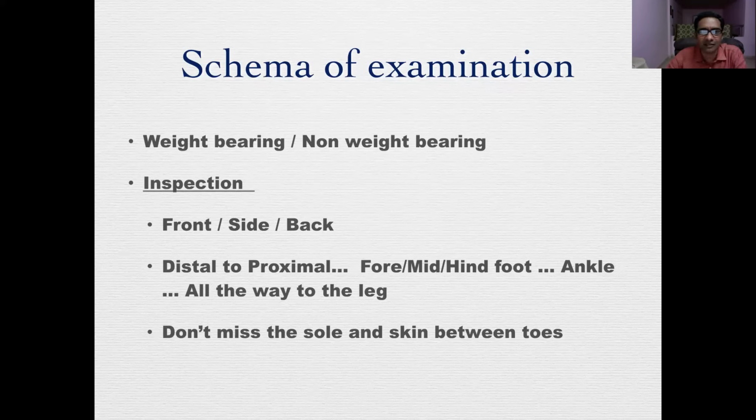The crux areas, the missing areas, the blind areas are sometimes, for example, the sole. You describe the foot very well, and then you miss a callosity. It may not be a matter of life and death, but it will not be nice for the examiner to know that you have not examined the sole and found out that there is a callosity, a fissure, or an ulcer, which can be described. Similarly, the skin between the toes is also one of the hidden areas, where you should actually spread out the toes.